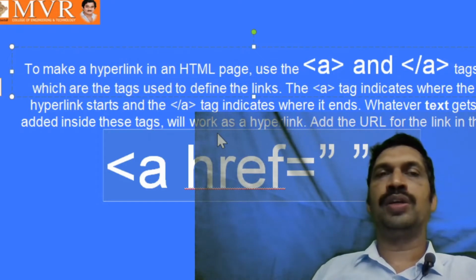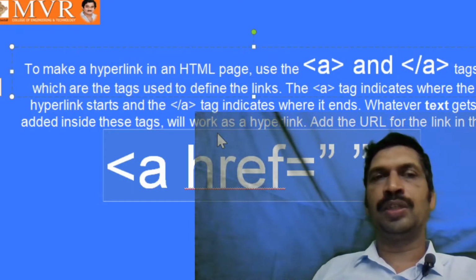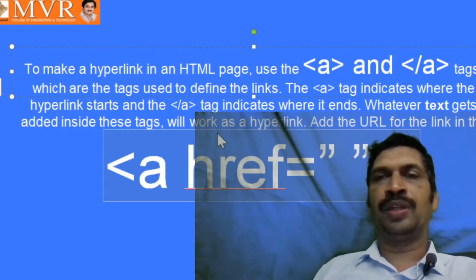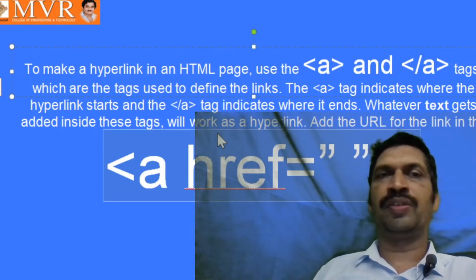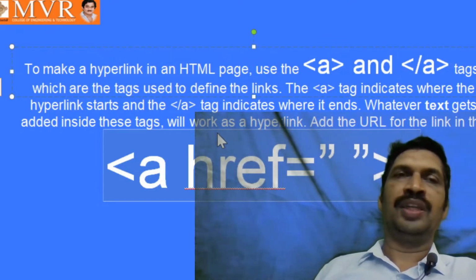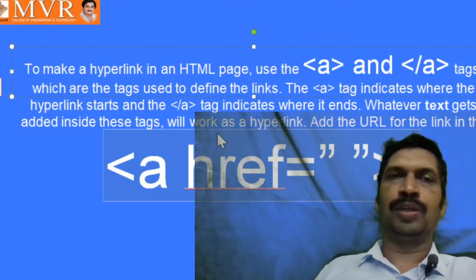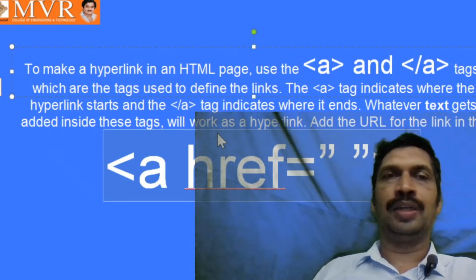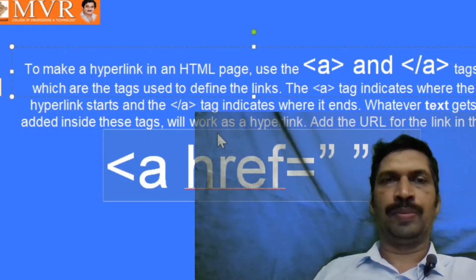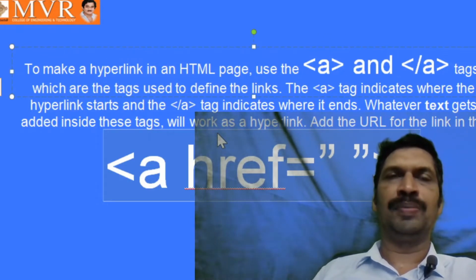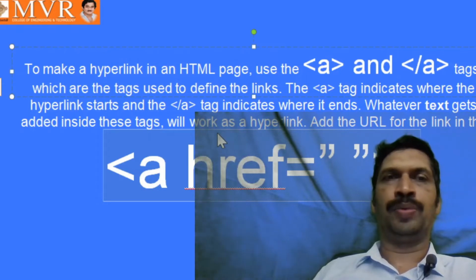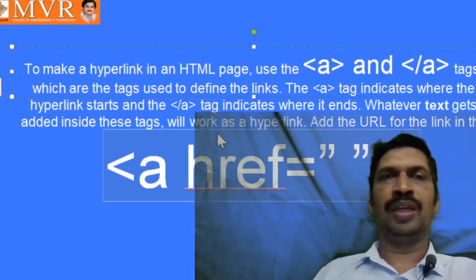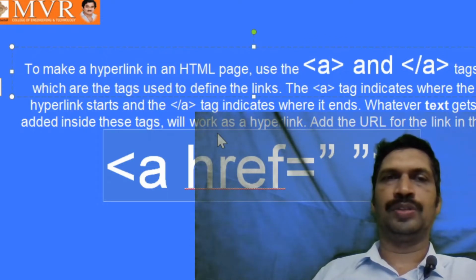This is the attribute. For the image also we have seen a number of attributes. What are the various attributes of the image? Just type it in the live chat section. The basic attributes: very important attribute is src. Next attribute is alt. We can set the height and width of the image using the height and width attributes, and the align of the image using align. Next, the title attribute: whenever the mouse cursor comes onto the image, the title is displayed. Align, valign. These are the attributes of the image tag.